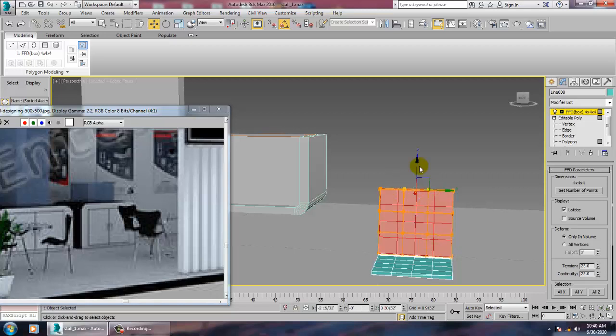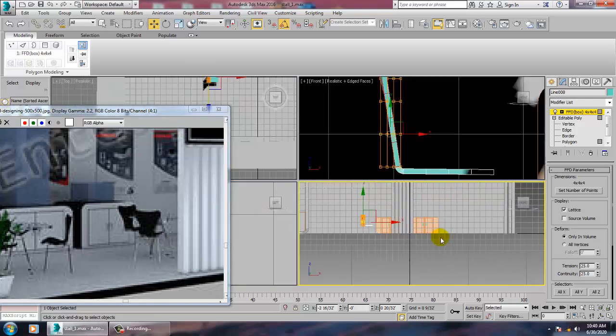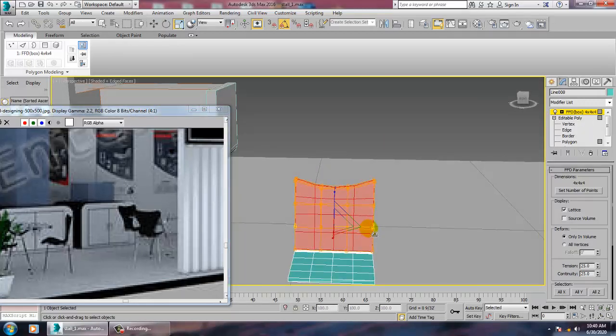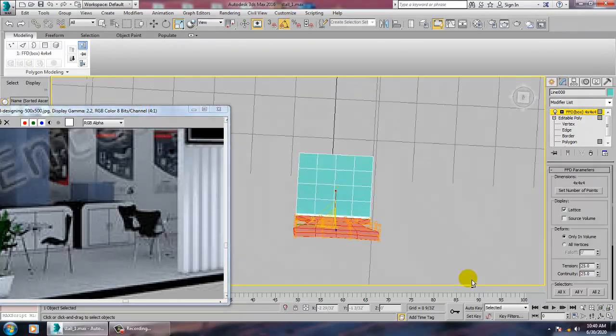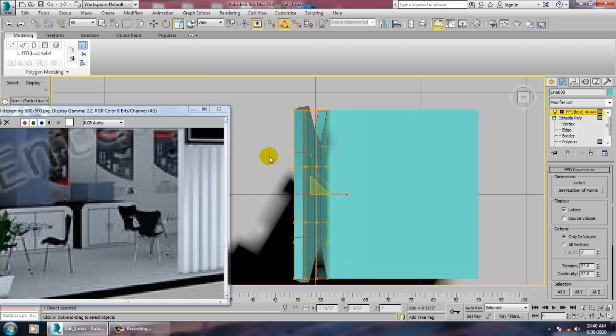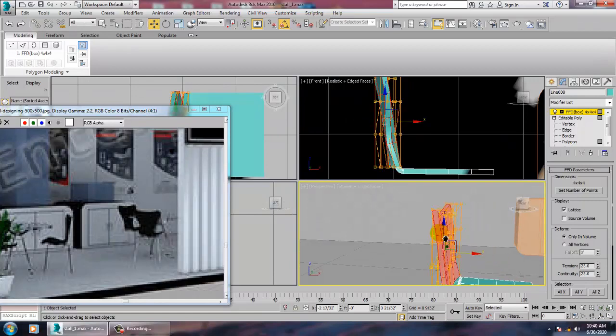Go into this and just push this down. Go into this and this. And you can just scale a bit inside. We'll definitely smoothen it afterwards. First let's just give this stuff, and right from the top view over here, select this and just push it out in this way. Definitely will smoothen it afterwards.